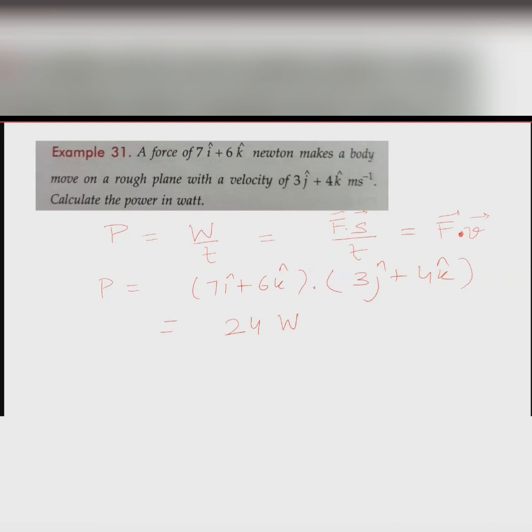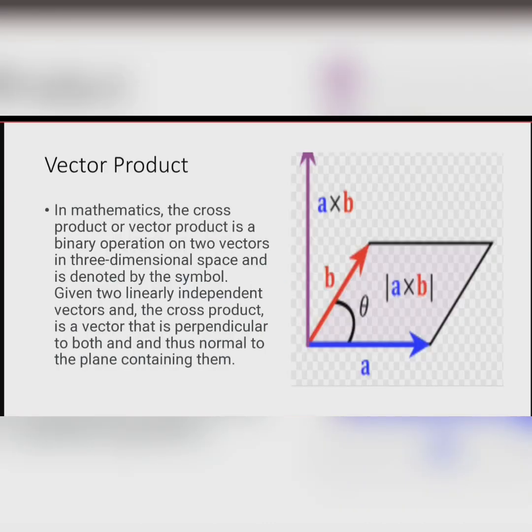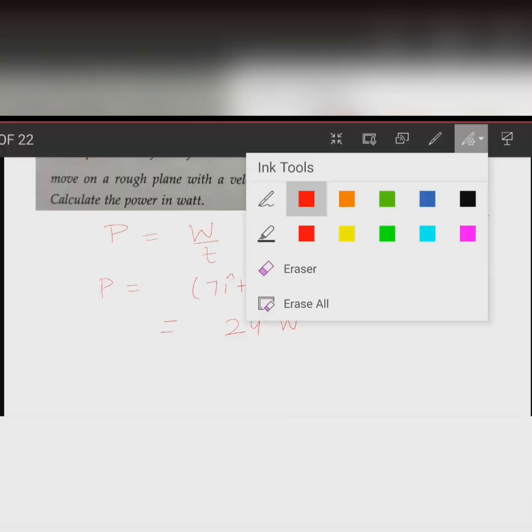So I'll give you a very quick recap of whatever we have done. What is scalar product? It is a kind of product in which the end result between two vector quantities is a scalar quantity. The operator used in this case is a dot, and scalar product is commutative in nature, meaning A dot B will be equal to B dot A. And now can you tell me one thing? What would be the scalar product of a vector with itself?